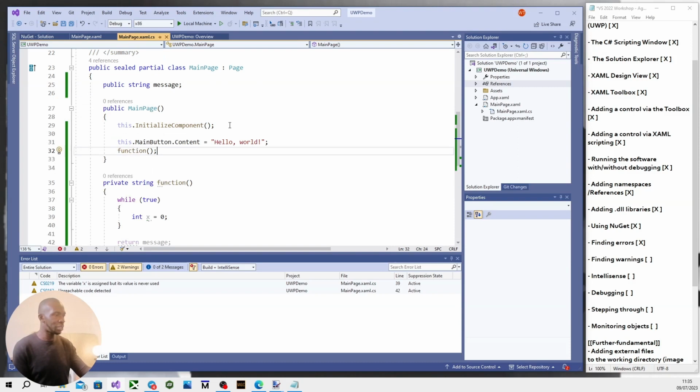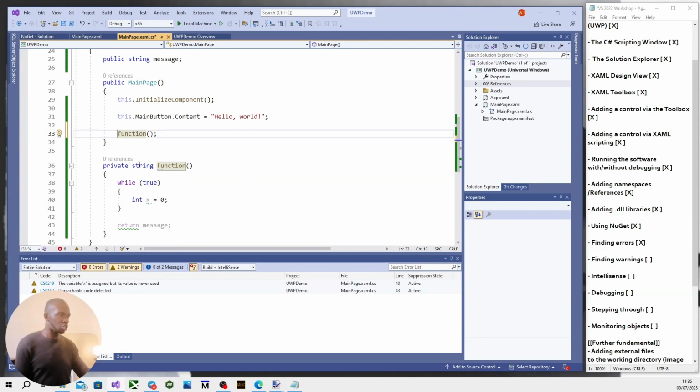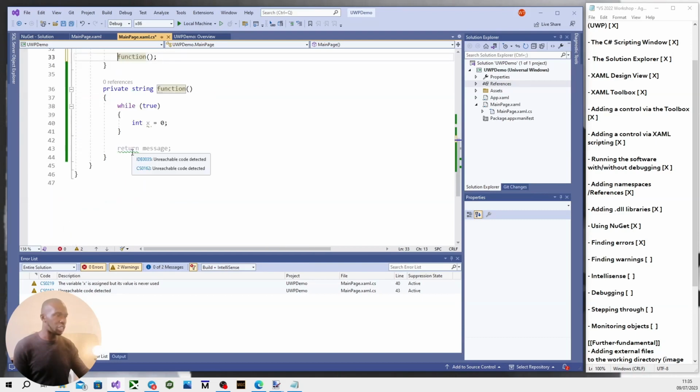So if we have the following piece of logic, we're calling a method called function, and function returns a string. While true, we do some logic. We're making an assignment. First things first, the variable x is assigned, but its value is never used anywhere. And over here we have unreachable code, so unreachable code is detected. What a warning is, is not quite an error, but it's basically saying this line of code,